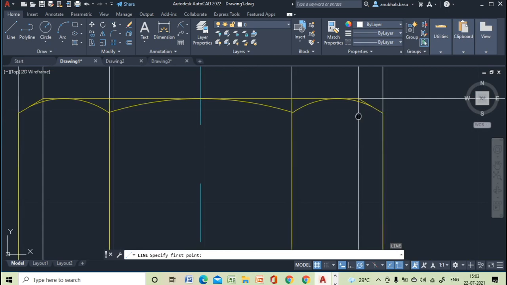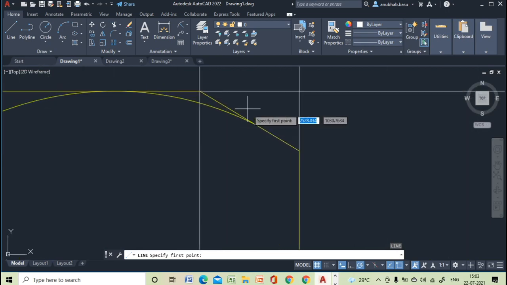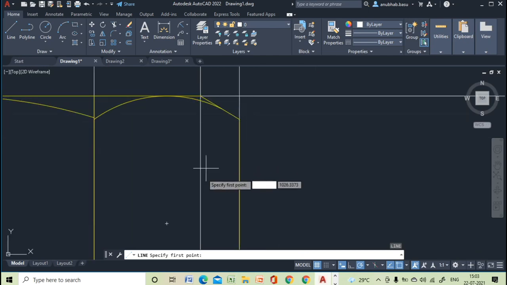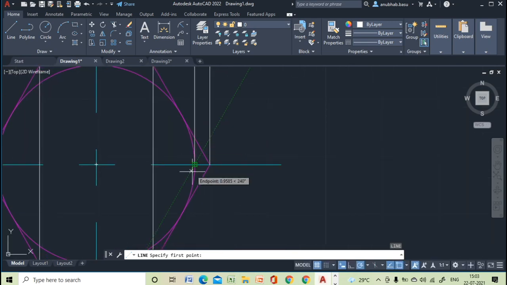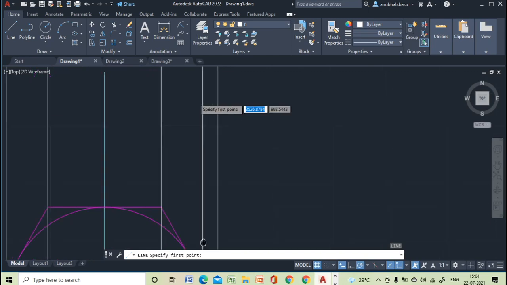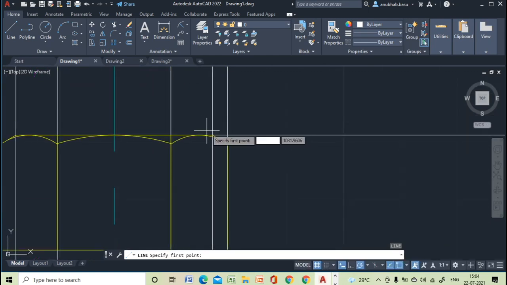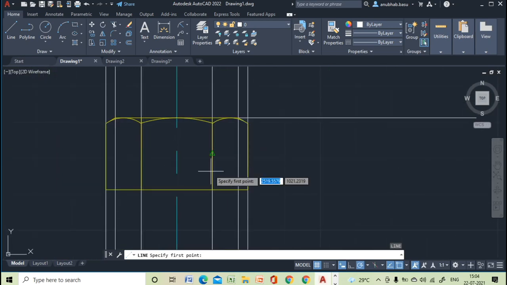Clear? Okay sir. And then this chamfering portion, we can see that this arc is meeting at this point. So from this point I am drawing a chamfer that will meet this point. This point we are getting from the top view. This is the circle, means this is the point, and we are projecting this point in the front view. So we have got that point from the top view over here. Okay. So this is the front view.